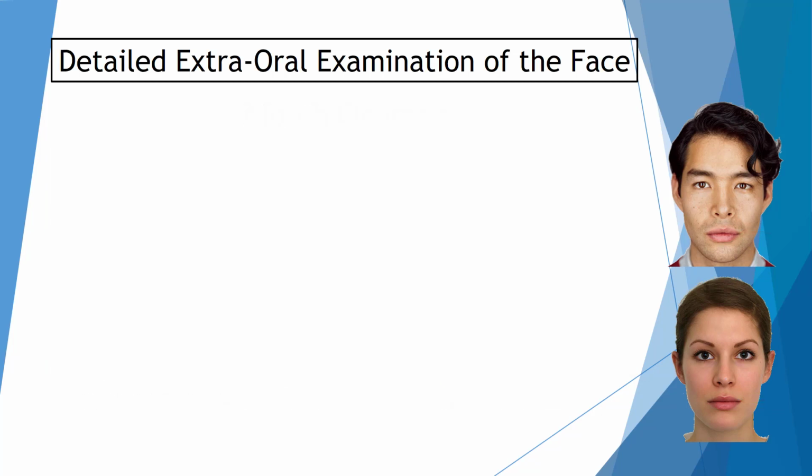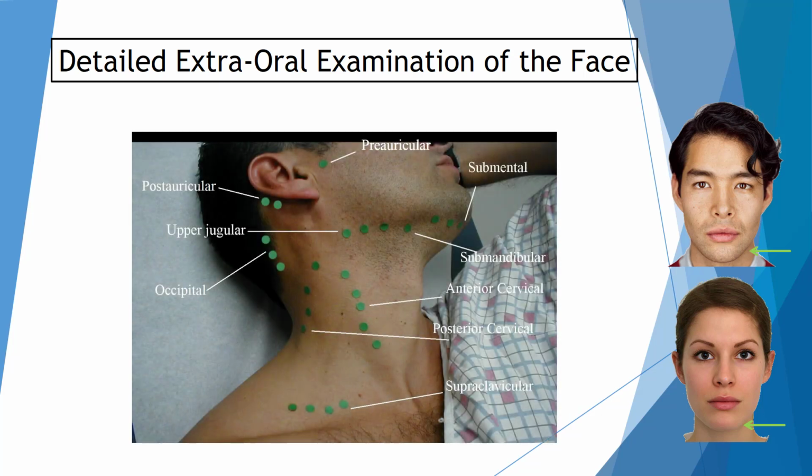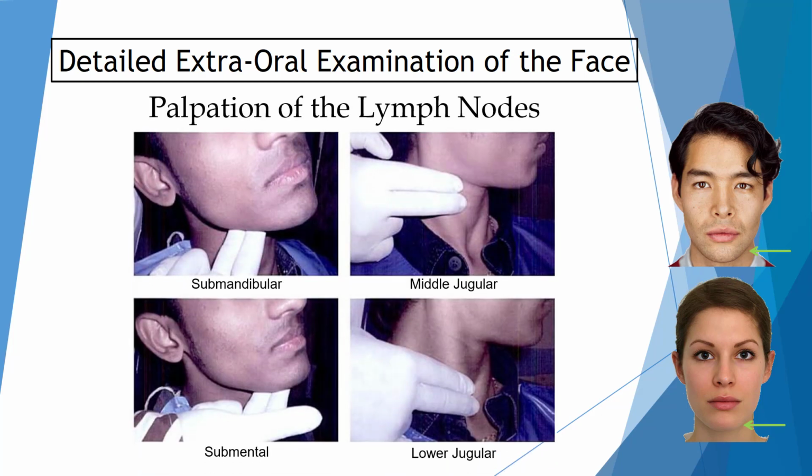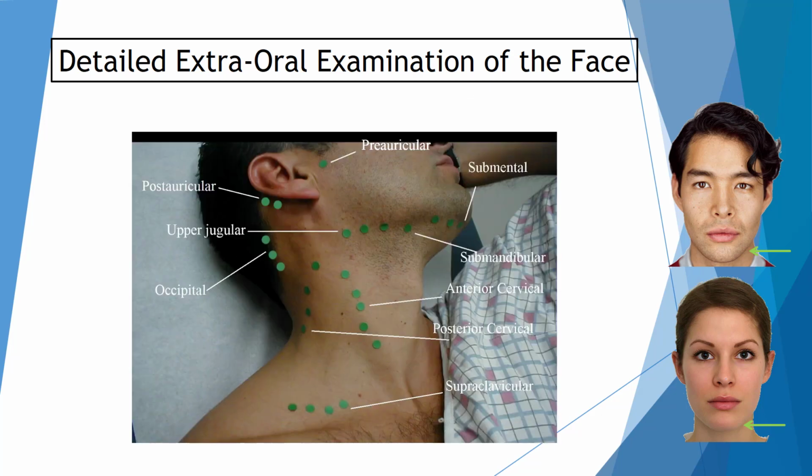The seventh and last area is the lymph nodes. Preauricular, submandibular, submental, and anterior cervical groups should always be palpated to check for tenderness and changes in size. Keep in mind that if a palpable swollen lymph node was detected, its fixation to the surrounding structures should also be noted as a part of the palpation test. Now, if an abnormality in these four groups was discovered, then the other groups, such as the postauricular, occipital, posterior cervical, and supraclavicular lymph nodes, should also be examined in the same way.